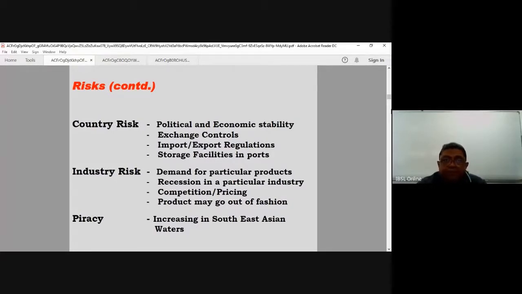For example, if it's an item that requires refrigeration, does that port have refrigeration facilities until the importer comes and takes it? It may need a certain temperature. Maybe seafood, or where ultraviolet light or room temperature causes the chemical to change into something else. Some chemicals are sensitive items like that. So if you are sending items like that, you must check whether you have suitable facilities in that port, and also